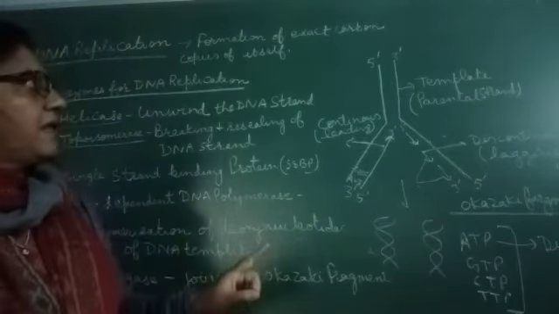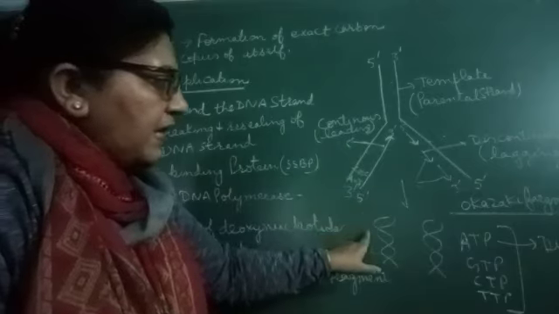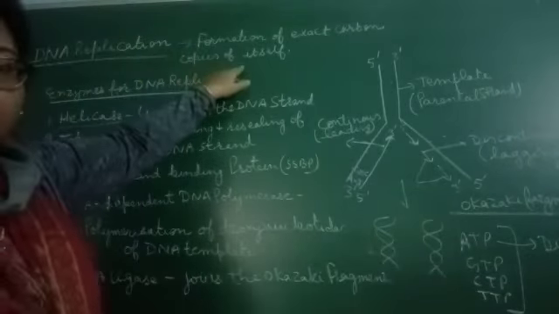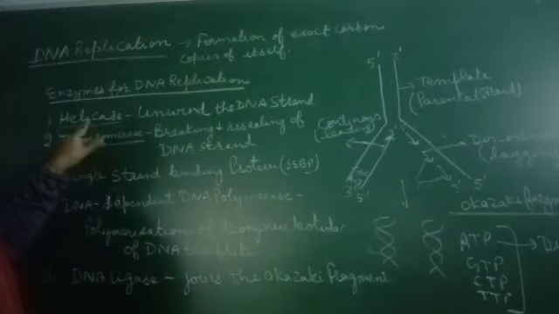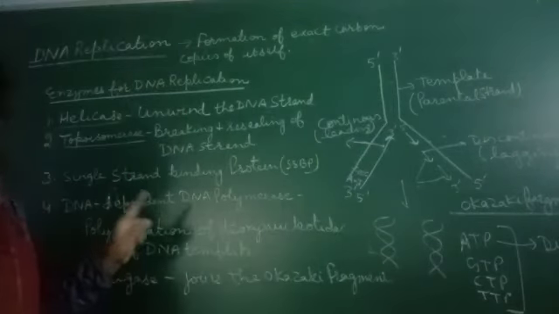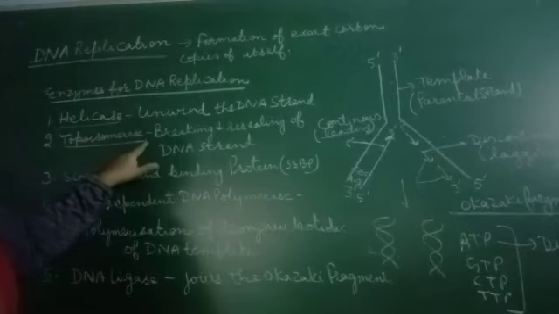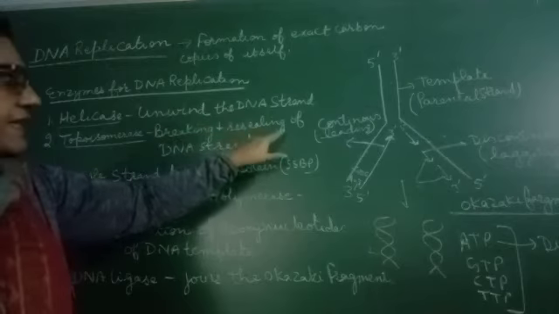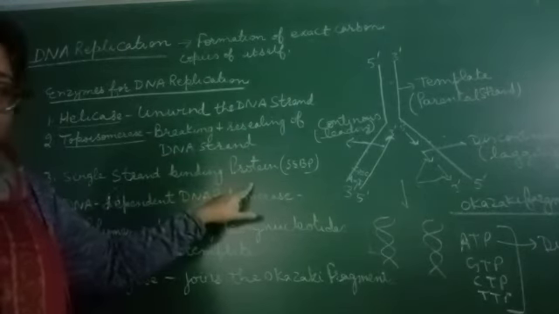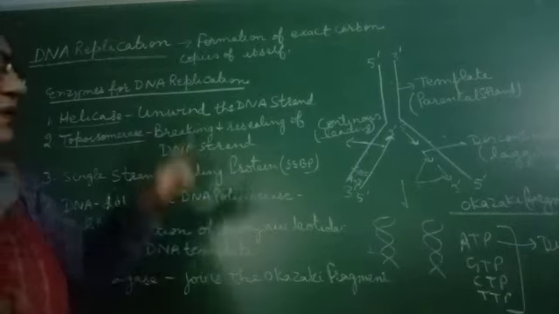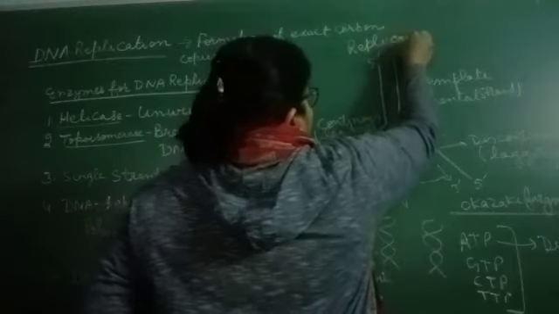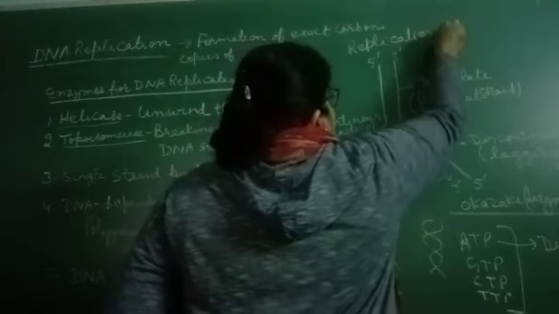So what is DNA replication? In which you get the carbon copies or the exact copies of the DNA, with the help of the enzyme helicase, which helps in unwinding the hydrogen bonds. Then topoisomerase, which helps in breaking and resealing of a DNA strand. They give stability to the breaking and resealing bond with the help of a replication fork. Now they will form the replication fork.